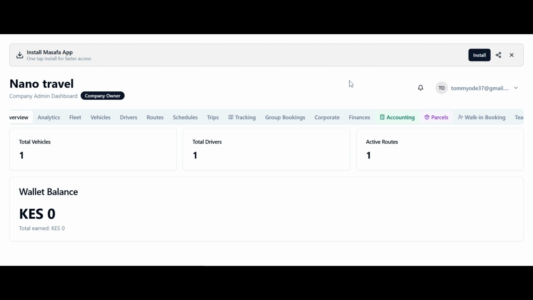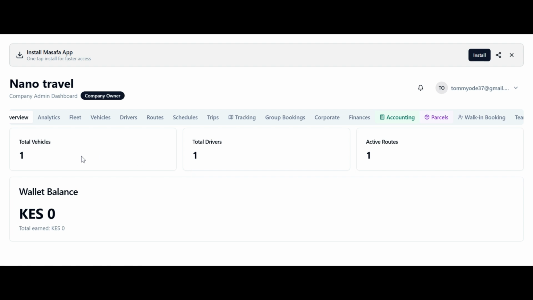Once you have registered, and on your dashboard, you will always get this prompt if you do not have this app on your phone. But once you have the app, you will not get this window again. It's a one-time facility. Now, in your dashboard, this is an overview just to show the operations,